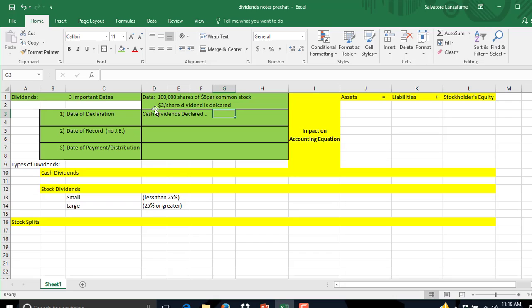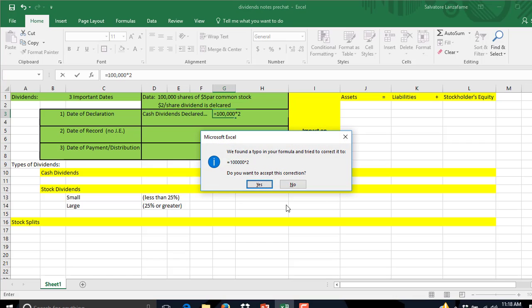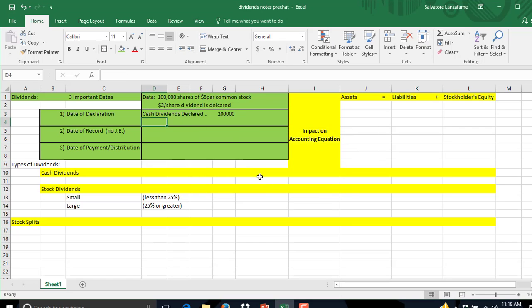So whatever is in the hands of the stockholders, those are the people that are eligible for the dividend. So I'm going to go 100,000 shares, multiply that by the $2, and that's going to give me $200,000. And then what I want to do is credit dividends payable